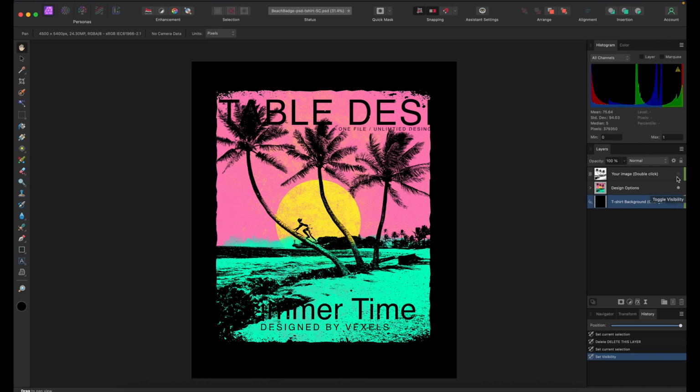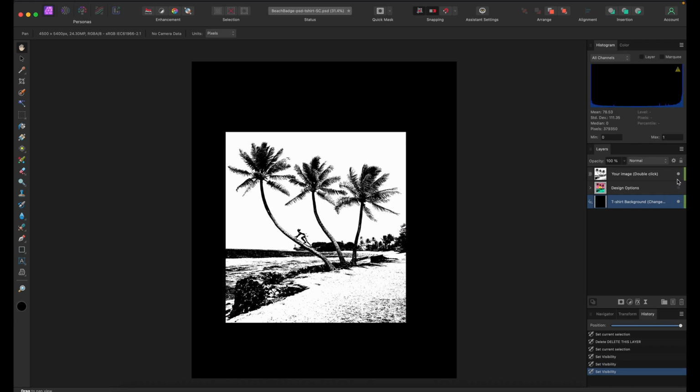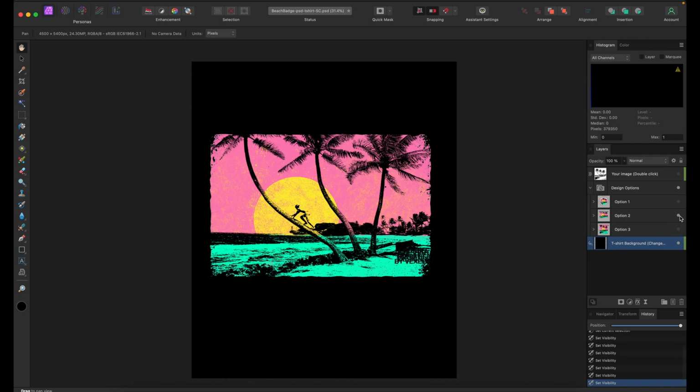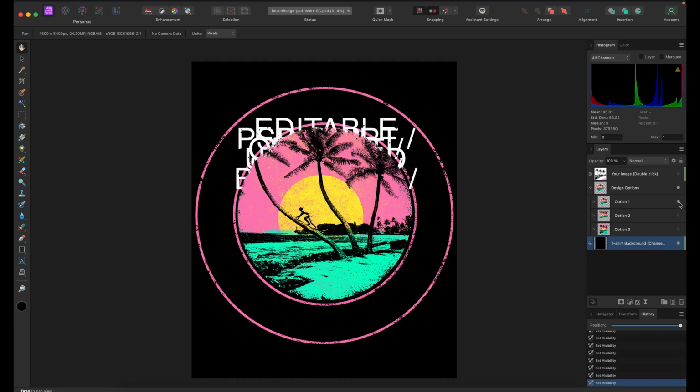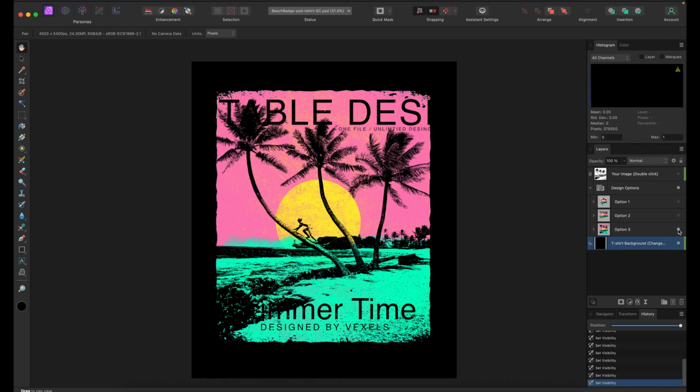But in this design, you can see you have multiple designs, because this one right here is not visible. If I click on it, make it visible, you see it, and then I click and make this invisible, you see that right there. So you've got various options for this specific one. And within this layer, you can see the other options are not visible and other options are. So if I unclick this and I click on that, you see the one design. If I unclick this and click on that, see yet another design. Alright, so you've got many different options within the one design, but we're working with design number